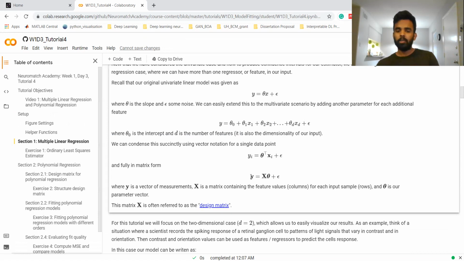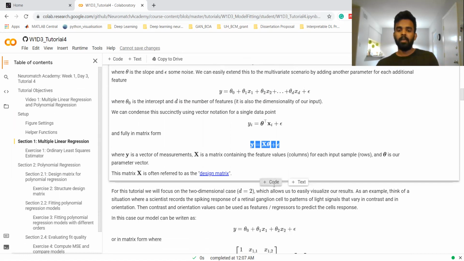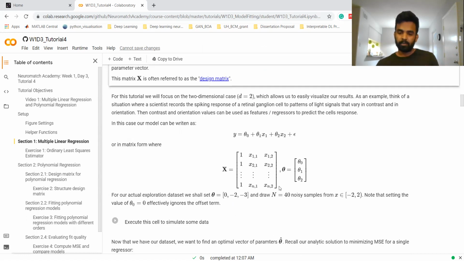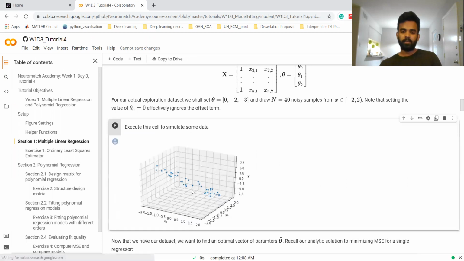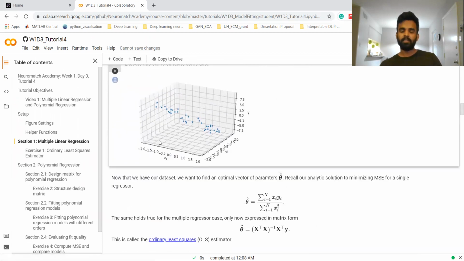As before, you can express this in the matrix form as shown here. We define our design matrix where each column corresponds to the individual types of features that we'll be feeding in, and the individual rows correspond to each example. Now, we have a column of 1s to represent the bias in the model. Now, let's start by simulating some of the data here. For simplicity, we are just keeping two-dimensional data for visualization purposes, right?